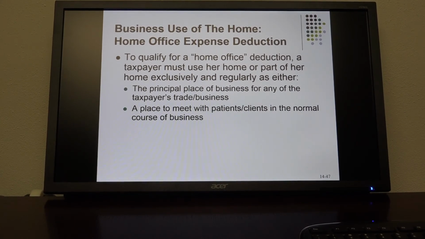And so he had a home office, and tried to deduct that home office as a deductible expense. And the IRS disallowed it. And this case went all the way up to the Supreme Court, and they denied Dr. Solomon's home office expenses, although they did so